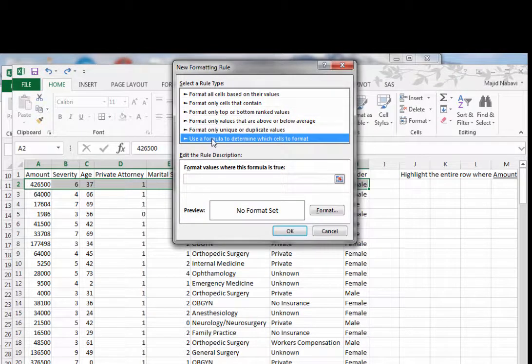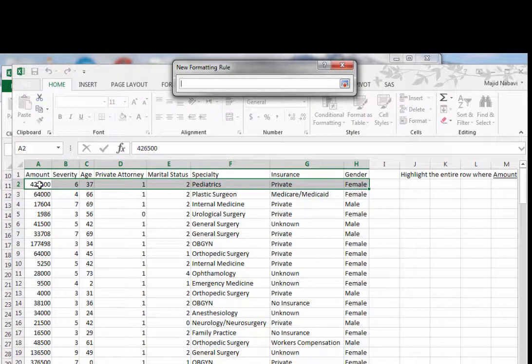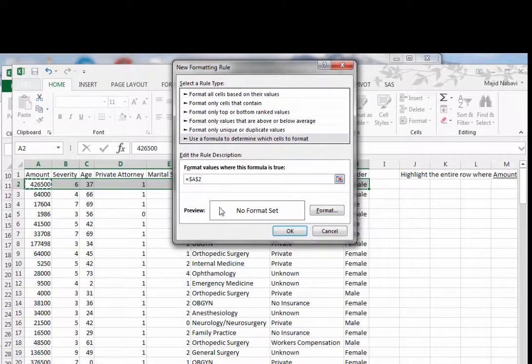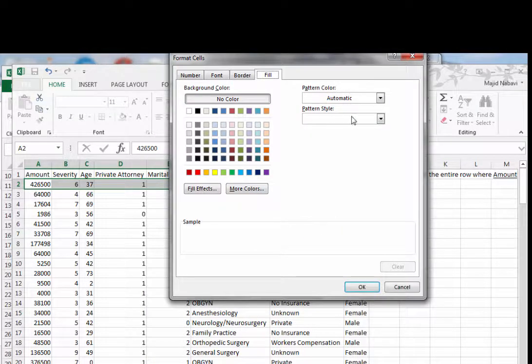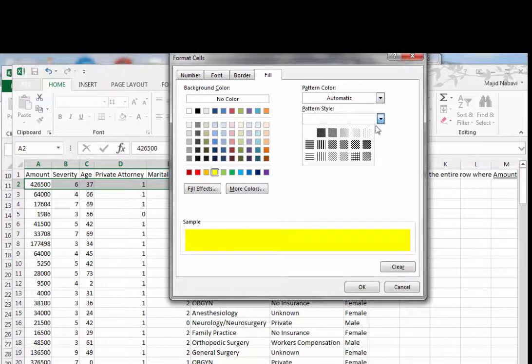I need to use a formula to give a value. So the cell I'm focusing on is A2, the amount for the first row. So pick that cell, A2 greater than or equal to 300,000. Determine the format, the fill, give it a color, even a pattern,